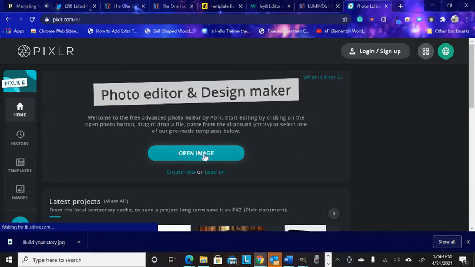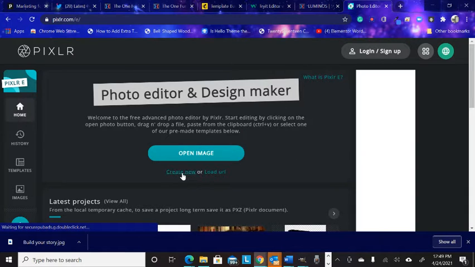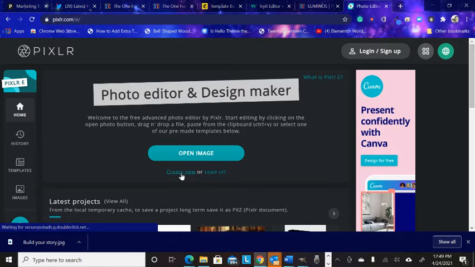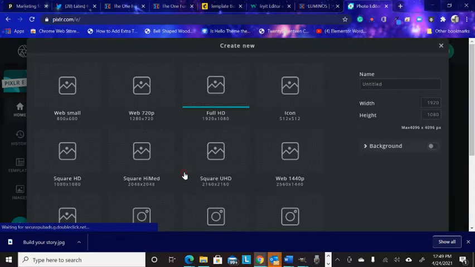Now you can open an image on your file or you can create a new one. That's what you want to do. Now I'm using this as you would use it if you didn't have a paid program going with it. I pay for one, so I don't end up with all of the ads and stuff on the side. So we just click on Create New, and it gives you a lot of potential options, but we want to